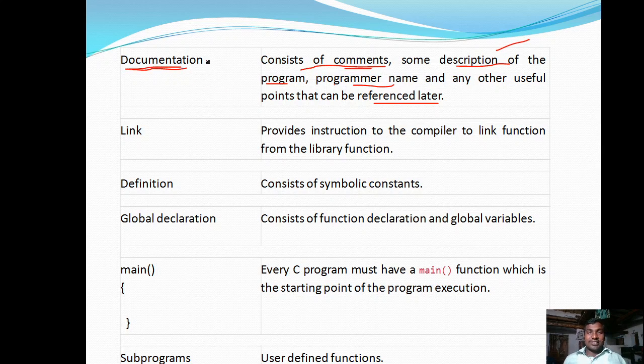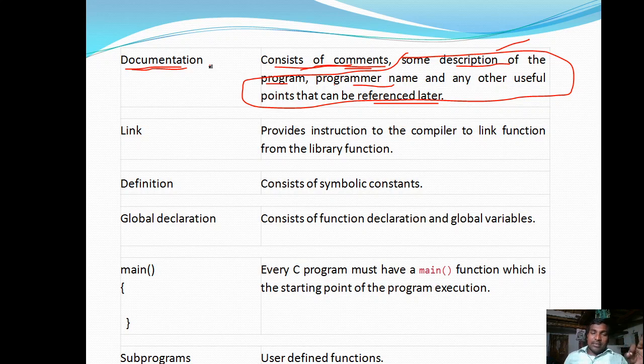So the documentation section consists of comments, and those comments include all these things. Are you getting the point? The first section of a C program is the documentation section. It consists of several comments.